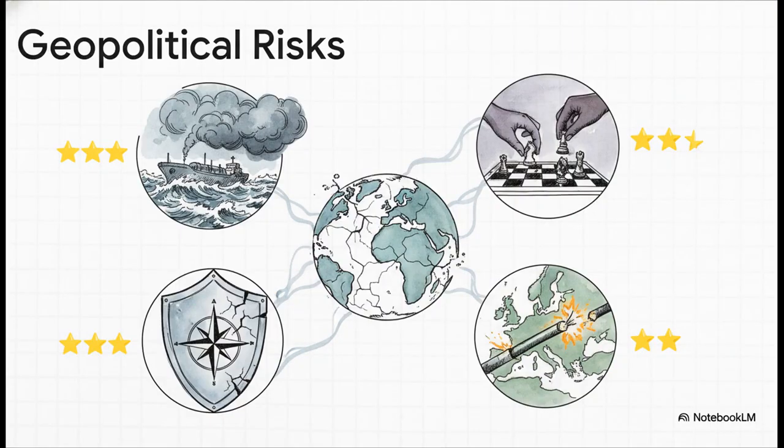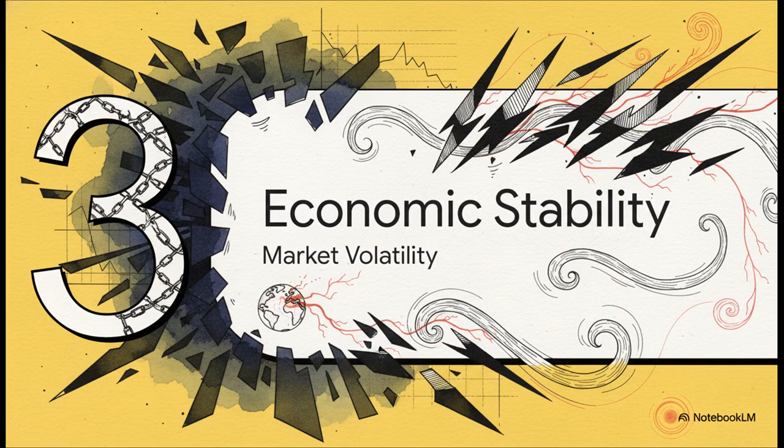The key takeaway here is the interconnected nature of all these risks. The high-validity threats, things like oil supply disruption and escalating proxy conflicts in the Middle East, they have immediate global consequences. And in Eastern Europe, the constant threat to energy security and these big strategic questions about NATO's response continue to create massive uncertainty. Okay, let's move to Section 3, Economic Stability.